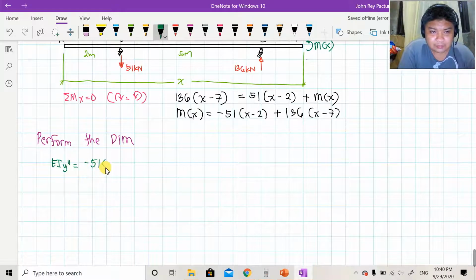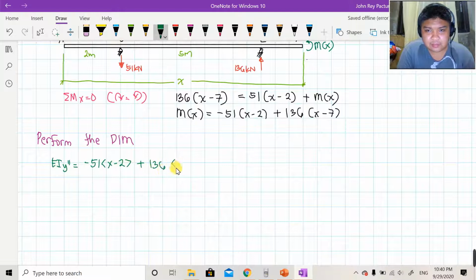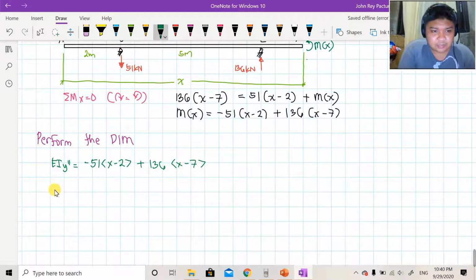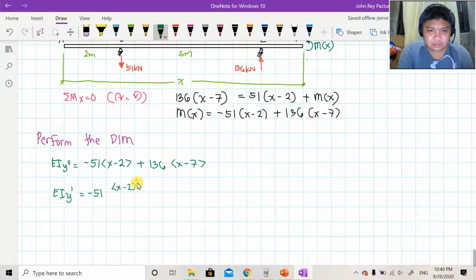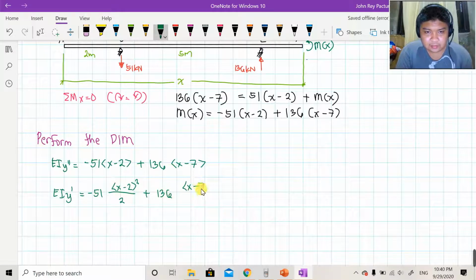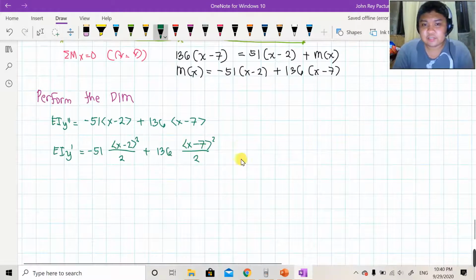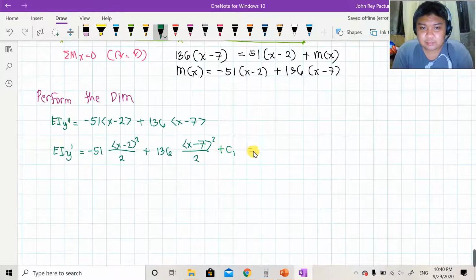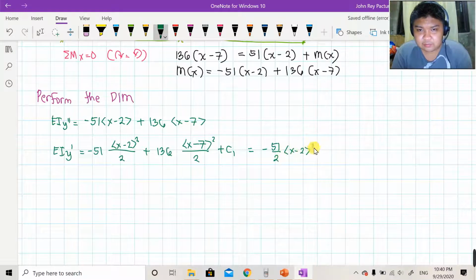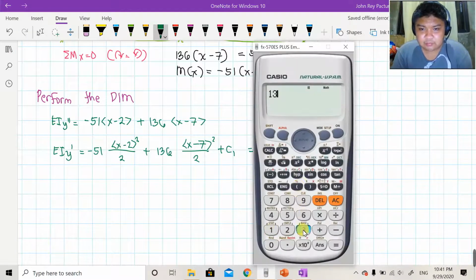But instead of parenthesis, it becomes this symbol: x minus 2 plus 136 times x minus 7. Okay, so next, for the first integration, EI y prime is equal to negative 51 times (x minus 2) squared over 2 plus 136 times (x minus 7) squared over 2. And do not forget, for the first integration, we introduce plus C1, right? So that will be equal to negative 51 over 2 times (x minus 2) squared plus 136 over 2